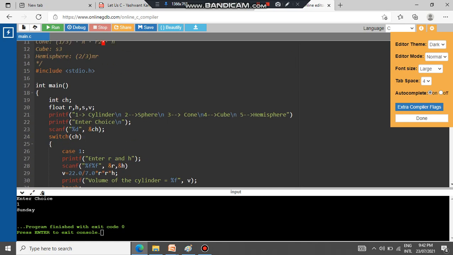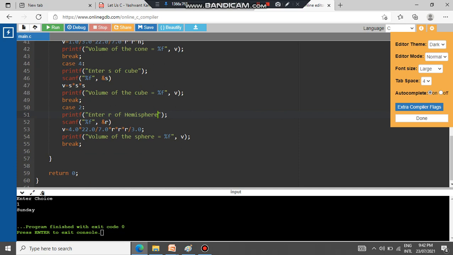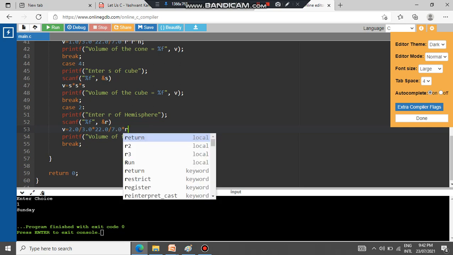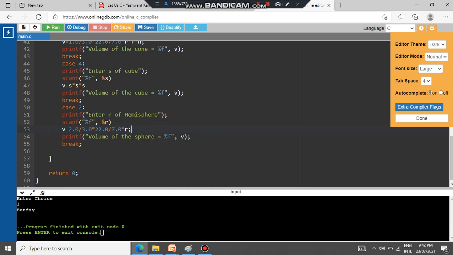The formula is 2 by 3 pi r cube. We will read it, and volume is equal to 2.0 divided by 3.0 multiplied by 22.0 divided by 7.0, that is pi, and multiplied by r. Okay, and semicolon after this. Always give a semicolon after each instruction. We have missed a semicolon here, and then here.